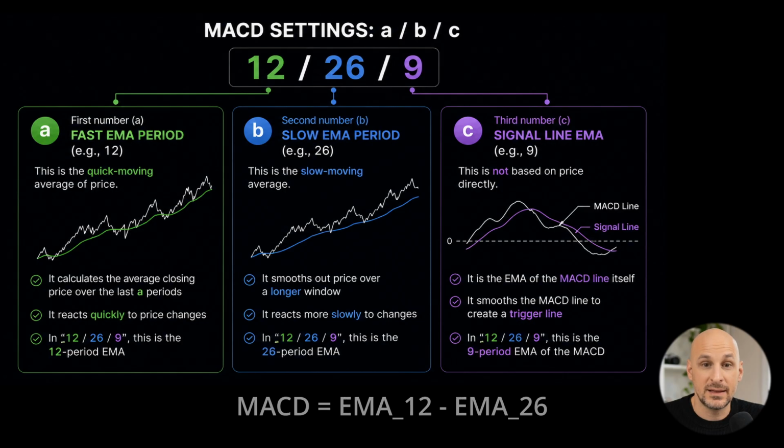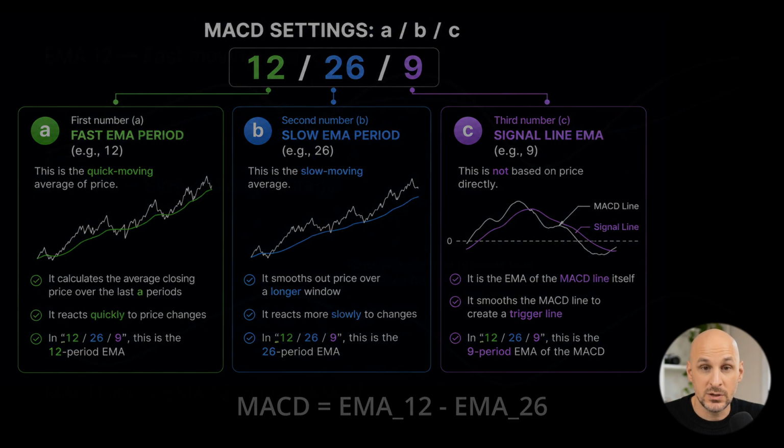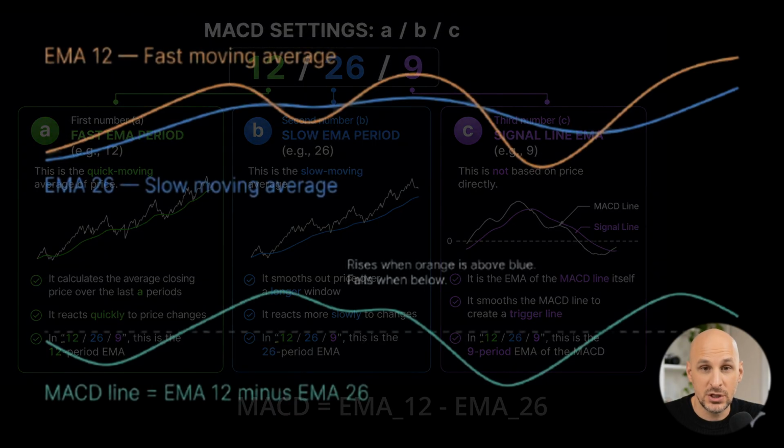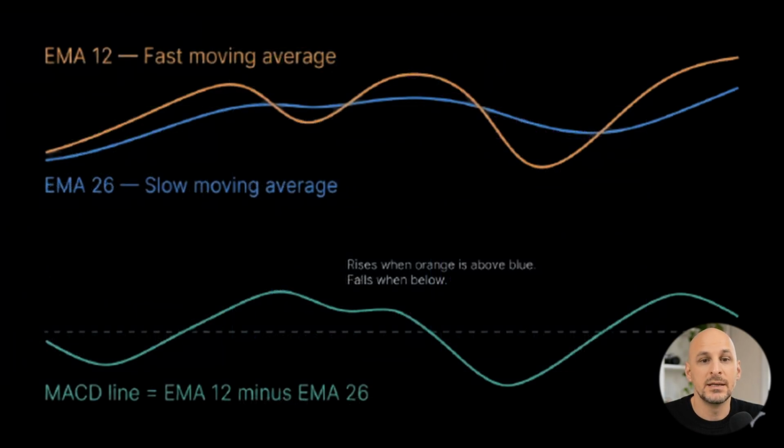Crossings between the MACD line and the signal line are the most watched events on the indicator. A cross above is often read as a bullish shift, while a cross below is seen as bearish. When the fast exponential moving average pulls above the slow one, the MACD line rises, signaling that momentum is building to the upside. When the fast exponential moving average falls below the slow one, the MACD line drops, indicating that